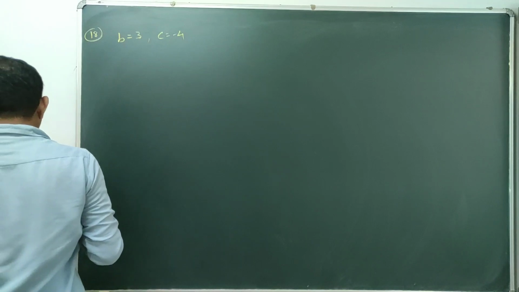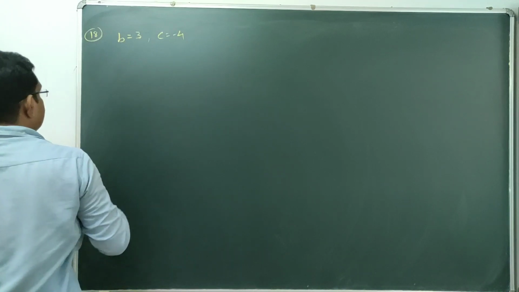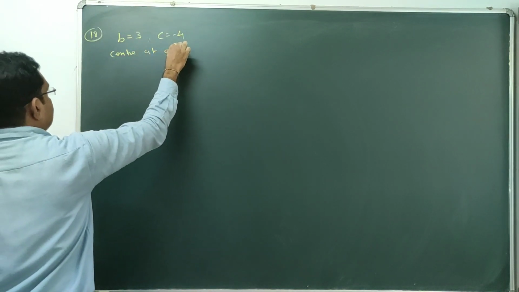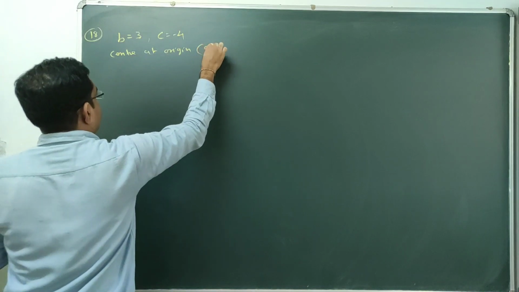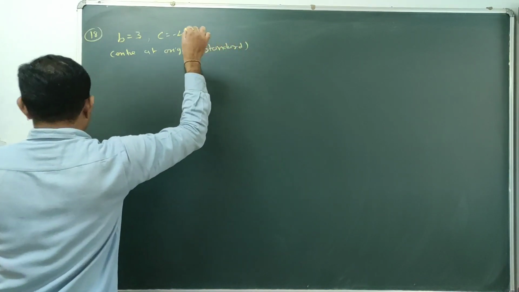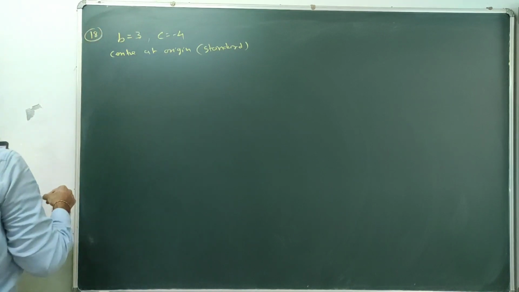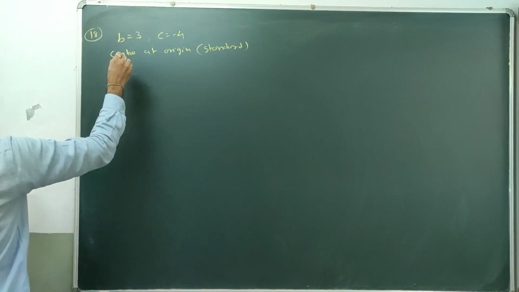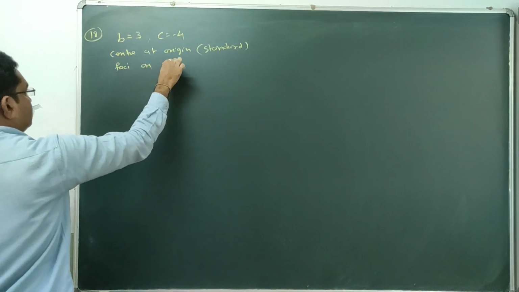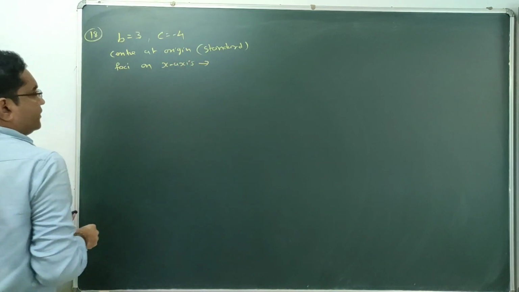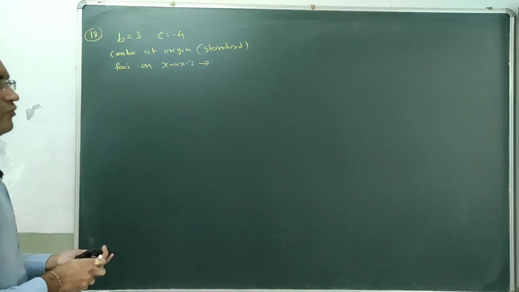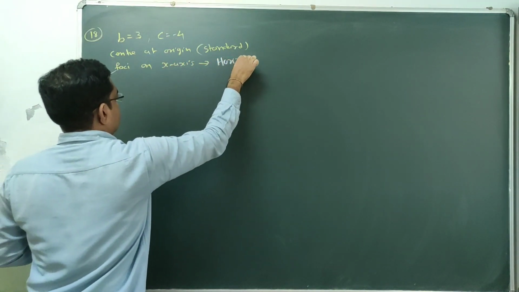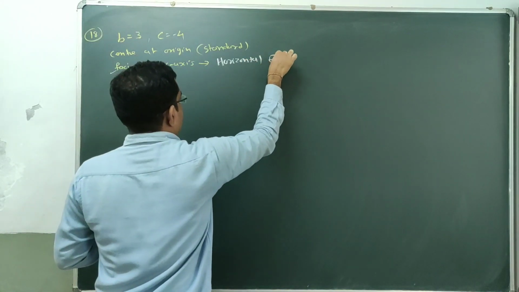So more conditions are given, and that is center at origin. What does center at origin mean? So this is the standard ellipse. That is also a condition, that it should be a standard ellipse. And the foci lie on the x-axis, both focus points on the x-axis. So whenever the foci lie on the x-axis, from this condition we can say it's a horizontal ellipse. It's a case of horizontal ellipse.